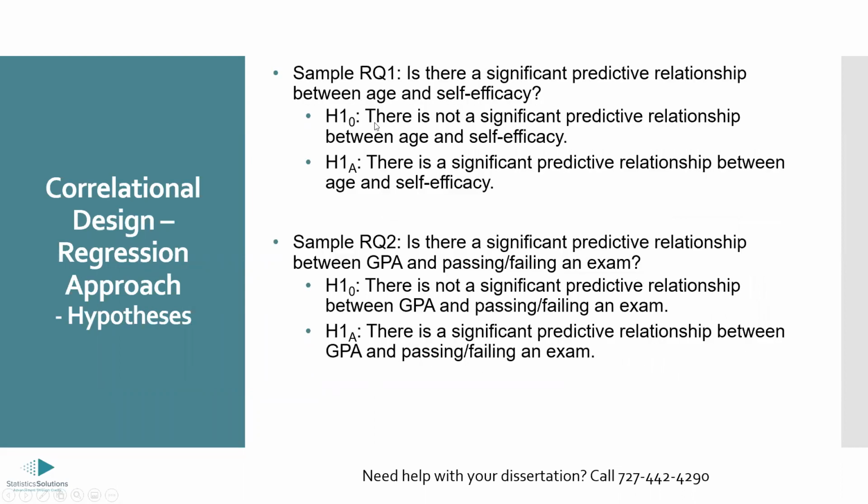On the next slide here, we have the null and alternative hypotheses. Very similar to the previous example with the correlations, but we've added the predictive language because we're doing regression models. You have the null, which assumes there is not a significant relationship. And then you have the alternative, that there is a significant predictive relationship. Usually when you run statistics, you're trying to disprove your null hypothesis. The terminology is usually you reject the null hypothesis or you fail to reject the null hypothesis.